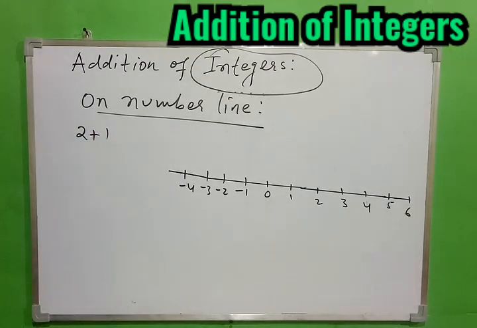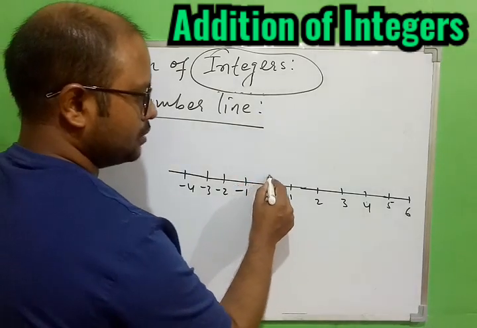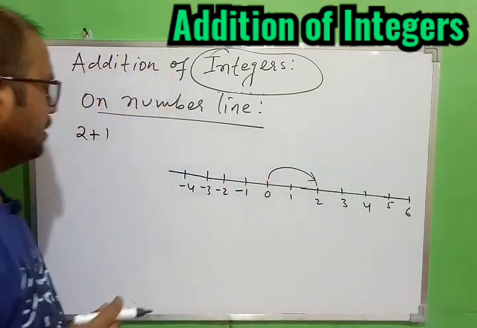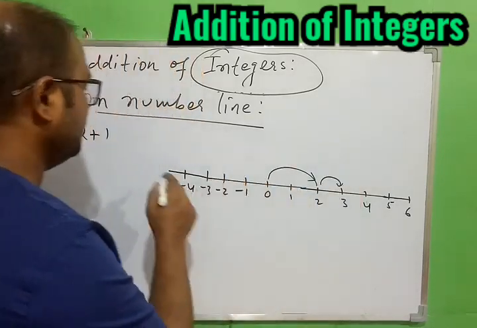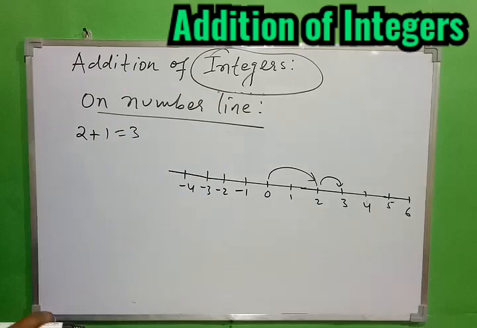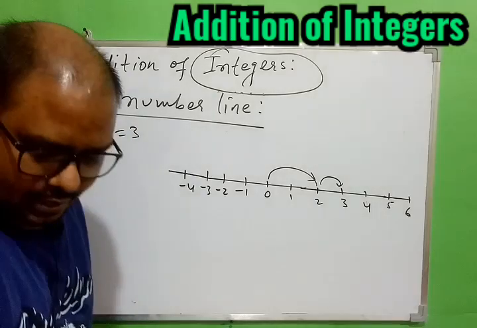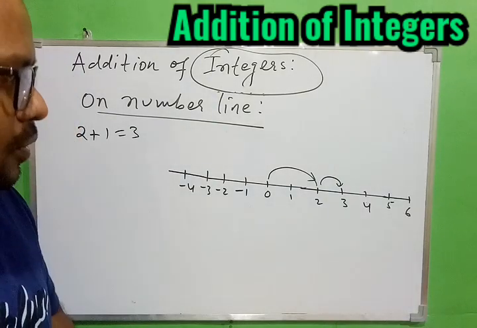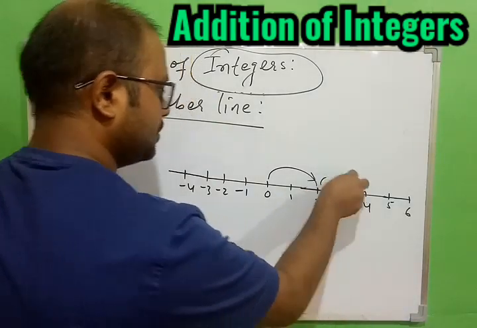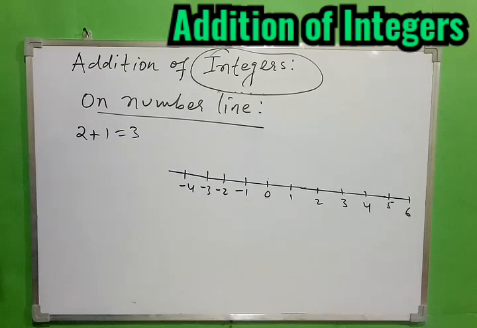So we know positive and positive is very simple. 2 means first we'll go to 2 and then we have 1. So that is 1 here. So the answer is 3. That is nothing but 3. This we already know. Okay. So positive and positive is not a difficult task to show on the number line because you have already understood it in the previous chapters. But if we have